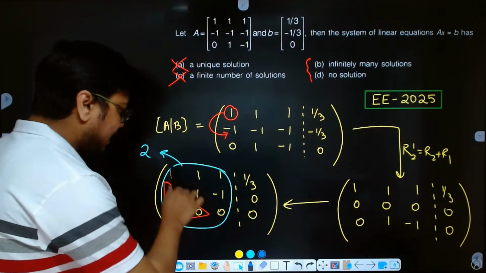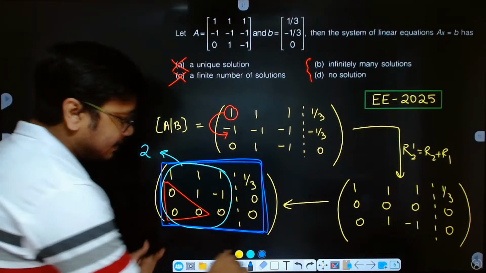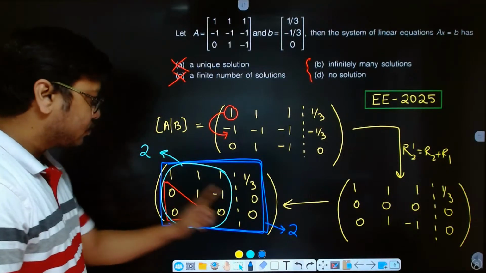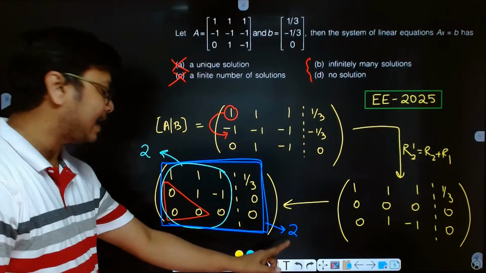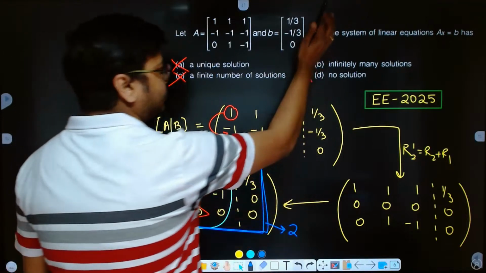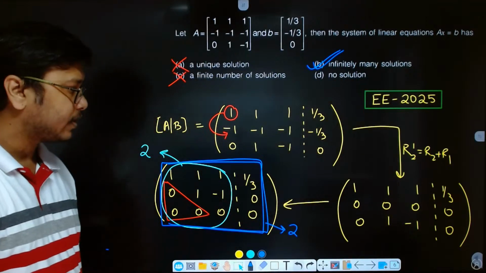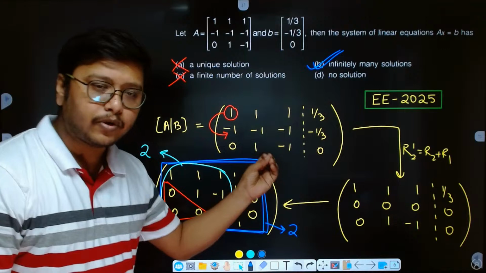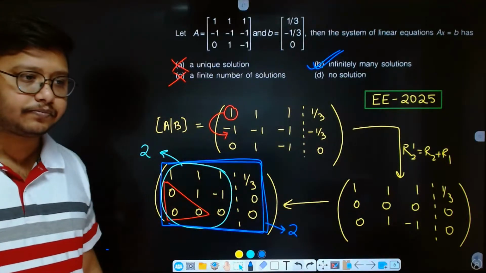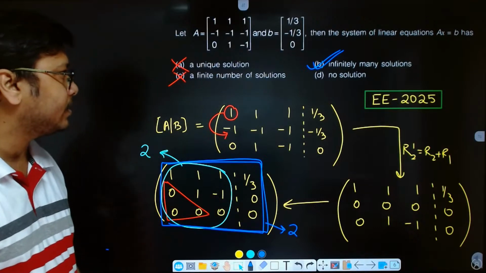If I take a look at the entire bigger picture, then the rank of the augmented part is again 2 because still the last row is completely 0. So rank of A augment B and rank of A are the same and they are less than the order of the matrix. So that means this is going to have an infinite number of solutions. Okay, so all questions of system of equations ultimately come down to finding the rank of the matrix. That's it. Okay, so moving on from here,